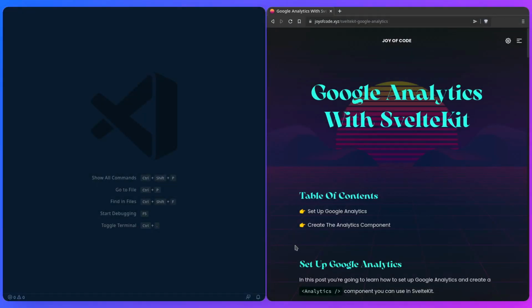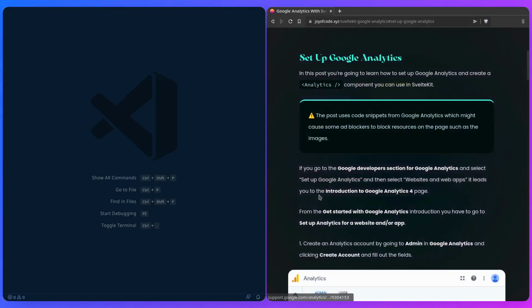Hey friends, today we're going to learn how to integrate Google Analytics with SvelteKit, so let's get to it. So let's set up Google Analytics first, and if you already know how Google Analytics works and if you have your measurement ID, go to the post and check out the code for SvelteKit and you're done in 2 minutes